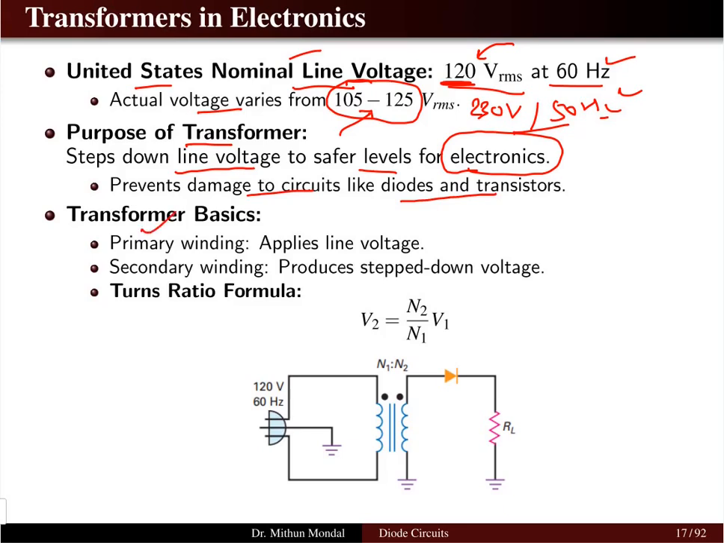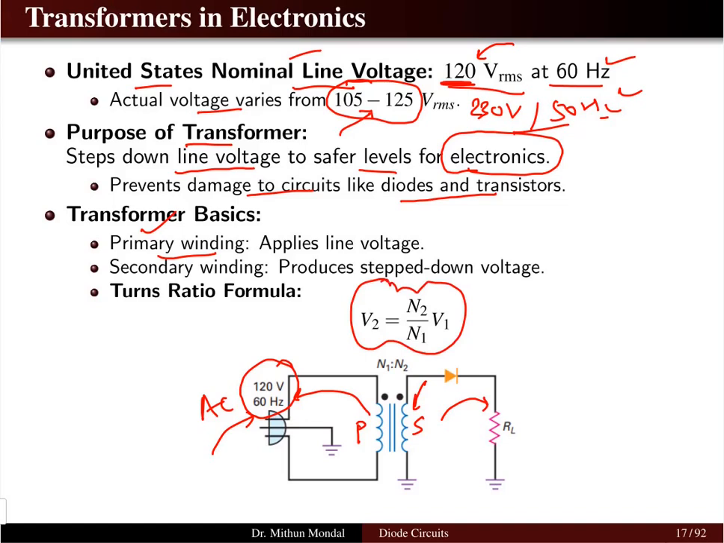So we know the transformer will have the primary winding, which will be connected with the supply. This is the primary winding, and the secondary winding will be connected to the load, and you have a supply which is basically the AC. If we talk about 120 volt, 60 Hz, then using a step down transformer, the output of the secondary,